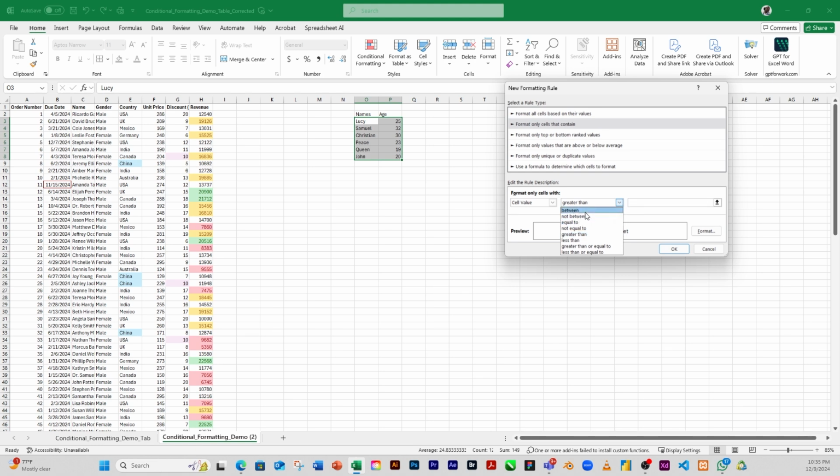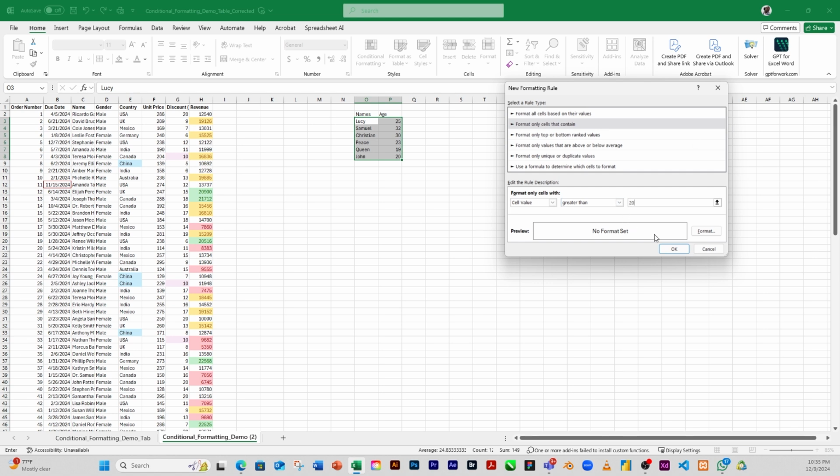Can be between, not between, equal to, not equal to, greater than, less than, any one of them. It depends on what you want to do, right? So let's leave the greater than that was there and say, okay, greater than 20. So I type my 20 here